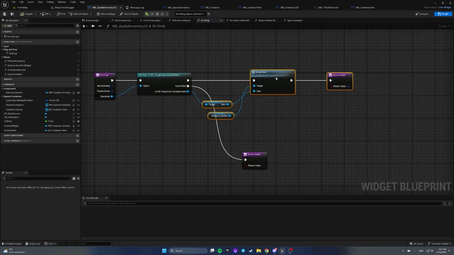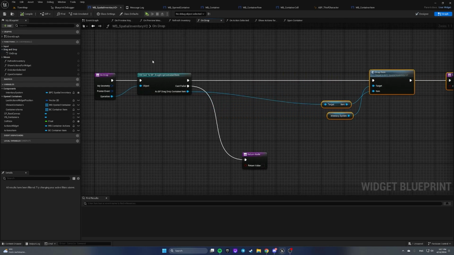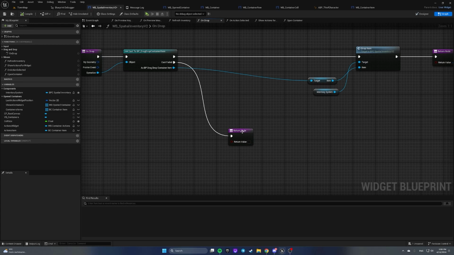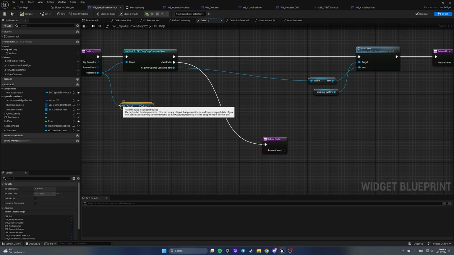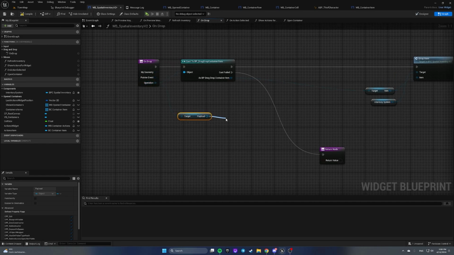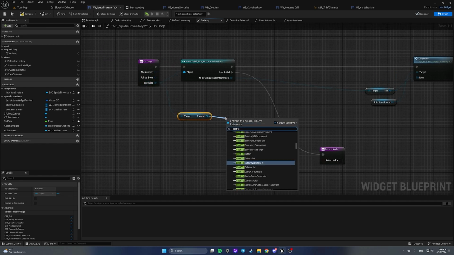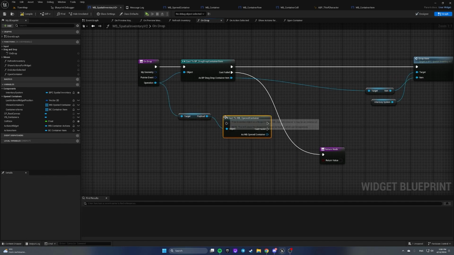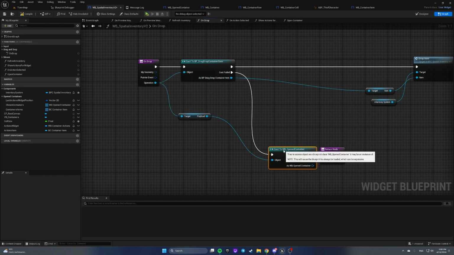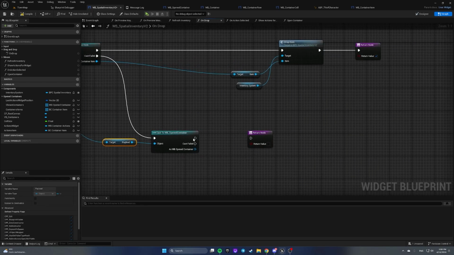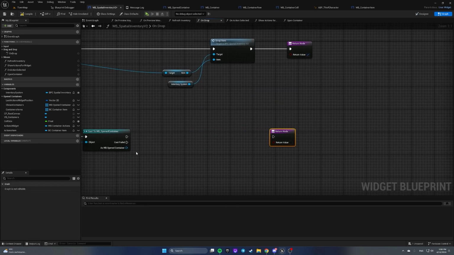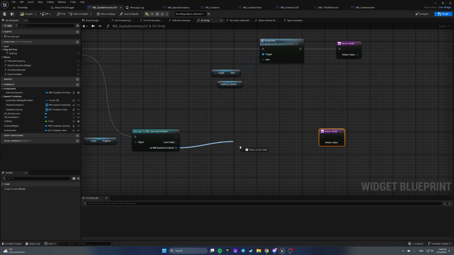Here we are only handling when drag drop container item is dropped. Well, if cast failed, then we have to check if payload is widget of container. So let's get payload from an operation and cast to VB opened container on fail. So if true, then what we're gonna do,